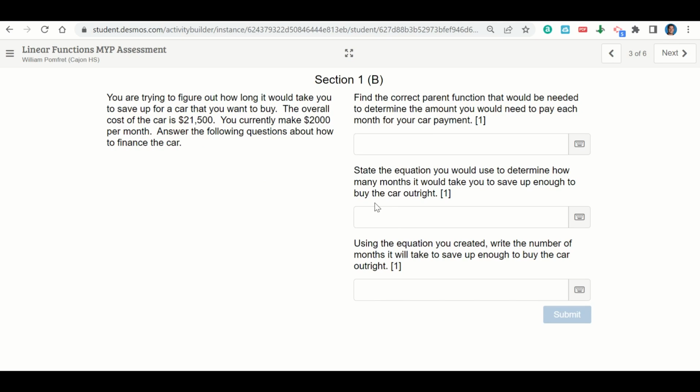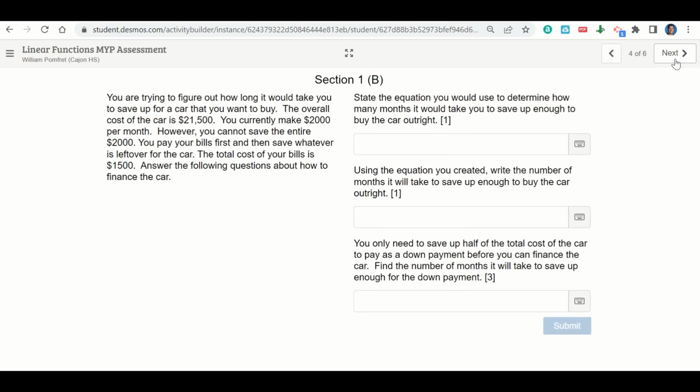The second one says to state the equation you would use to determine how many months it would take you to save up. The third question asks you to solve using the equation you created in answer 2. Then we'll go ahead and click next. Now we're going to change the scenario just a bit and say that the cost of the car is the same, but you only make $2,000, but you still have to pay $1,500 in bills before you can buy the